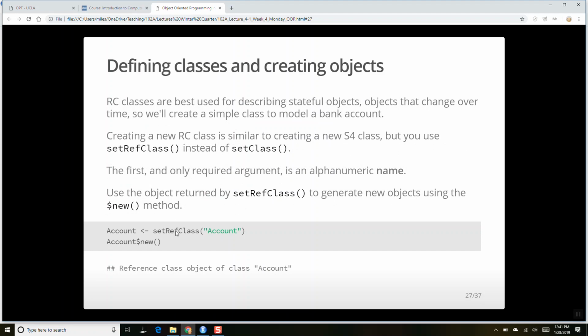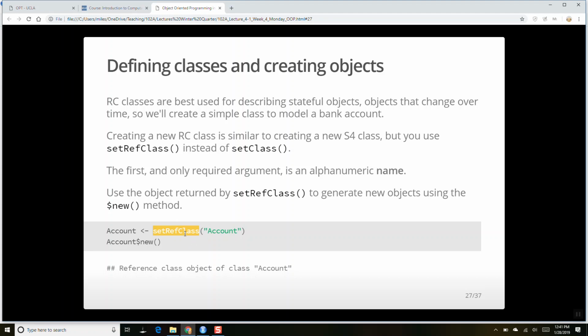And so here we're going to create a reference class called account, and you use this thing called setRefClass. When you use setRefClass, it automatically inherits certain methods, okay?